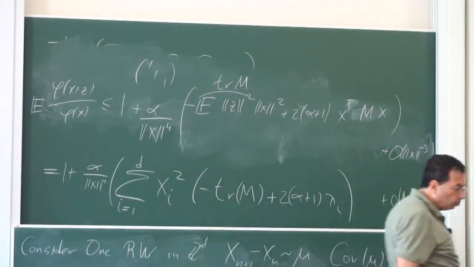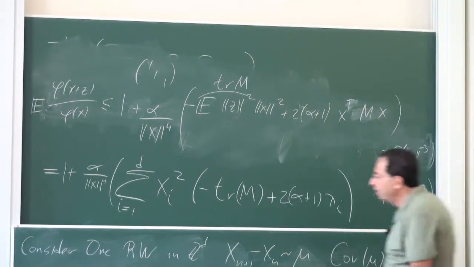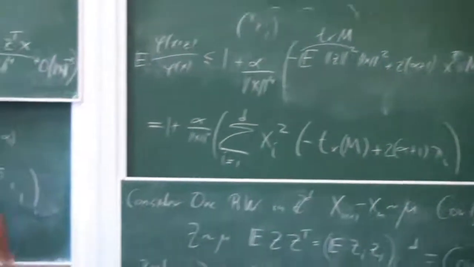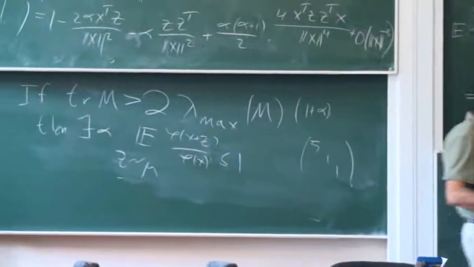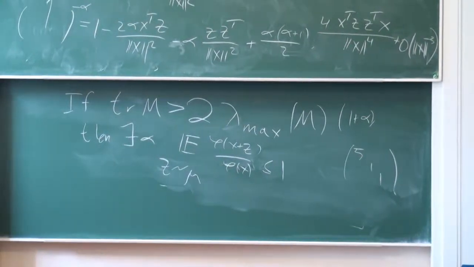Two-dimensional simple random walk in 2 dimensions, of course this doesn't work. The trace is exactly twice the largest eigenvalue. Now what do you do if you have one measure and the covariance matrix doesn't look like that? What if the covariance matrix is, say, 5, 1, 1? A random walk like that, right, it walks, say, 5 in the x direction, 1, 1 in the y and z direction. This is still transient,